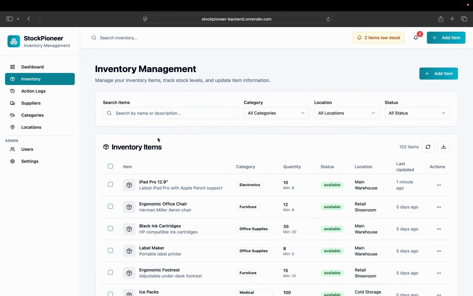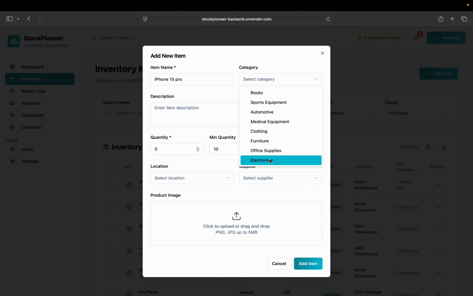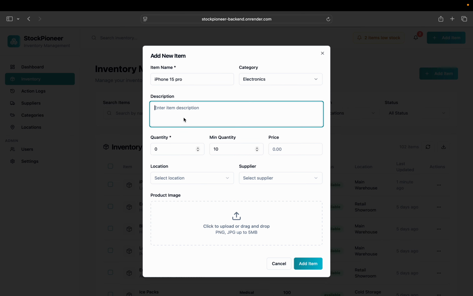Okay, so now that I have covered the action log section, now let's move on to the main action, that is add item. How are you gonna add an item? Just by clicking on that add item button on the top right of the screen, this pop-up will be shown. Let's add iPhone 15 Pro. Category, just mention the category right here. Description,